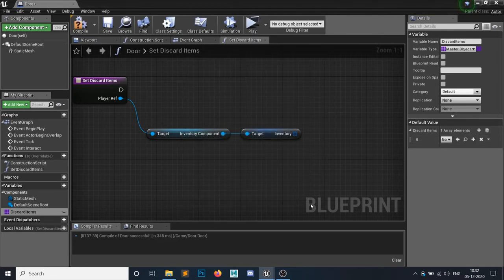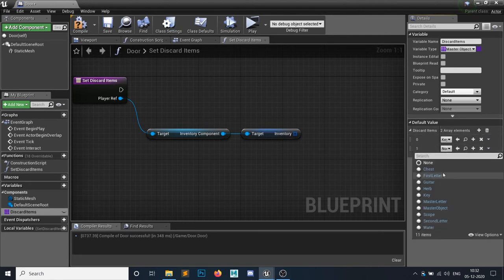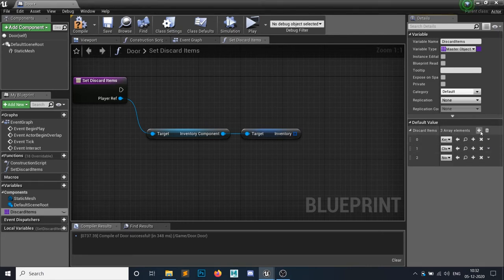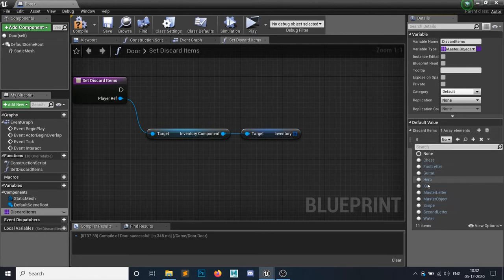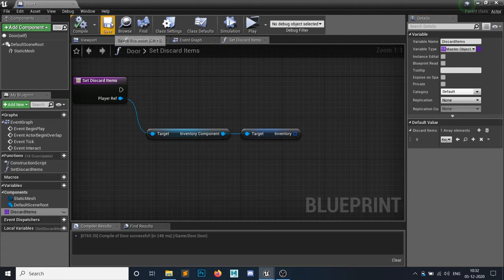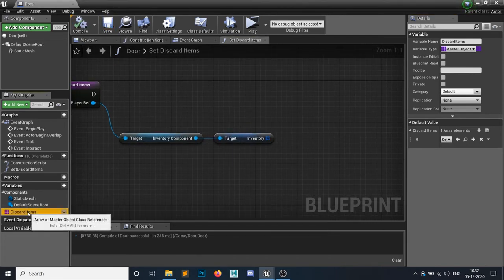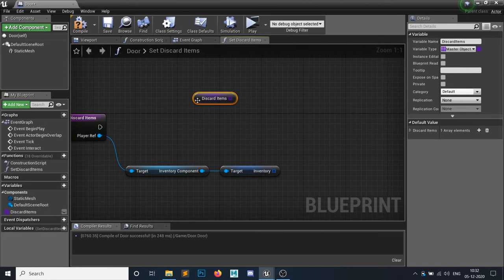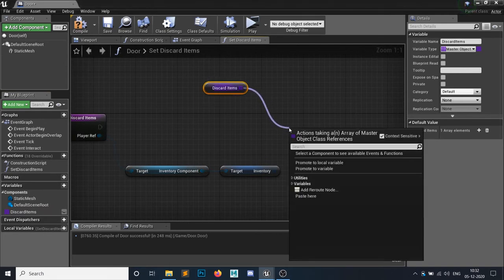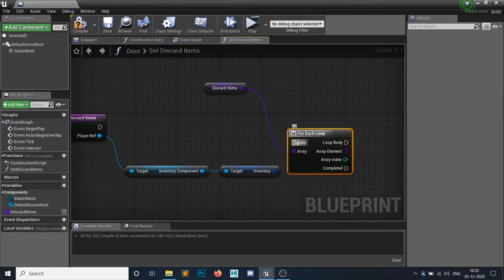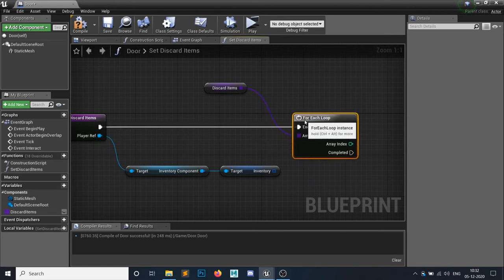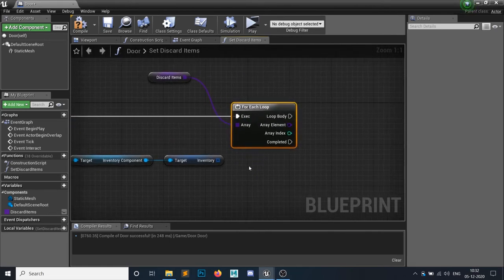So as you can see, I can add a key, then in here this plus icon. So I can add a new one of a chest, and then plus and plus, as many as you want, right? I will simply remove, and I simply want to add a key. So for the first thing I have only one thing. Okay, so I will simply get this discard item, and I will do a for each loop. So for every single loop, this will check our inventory, and I simply set that discard item to true.